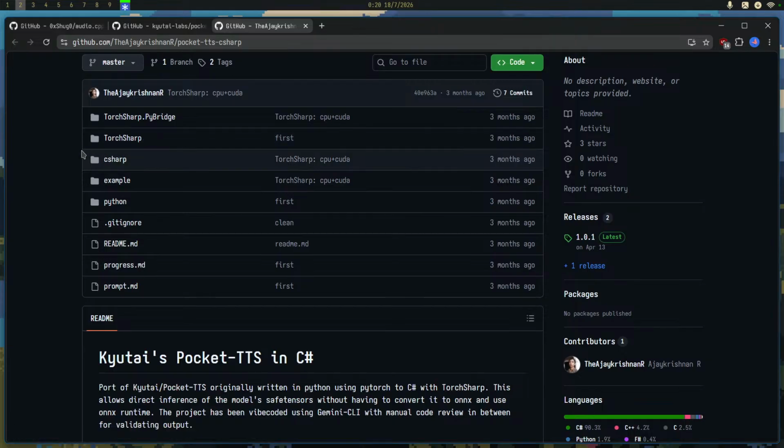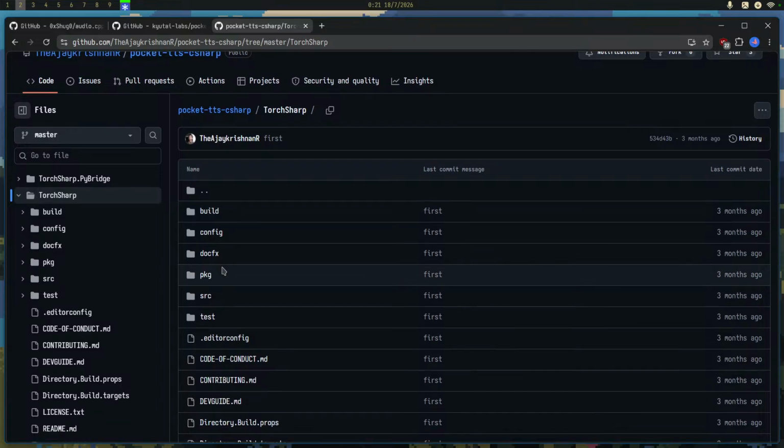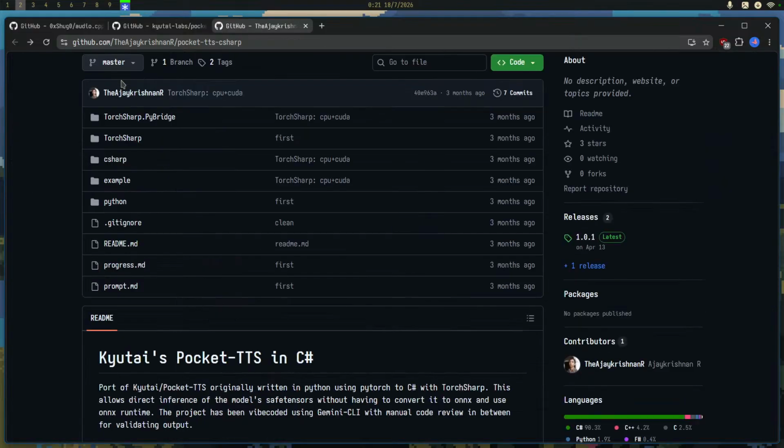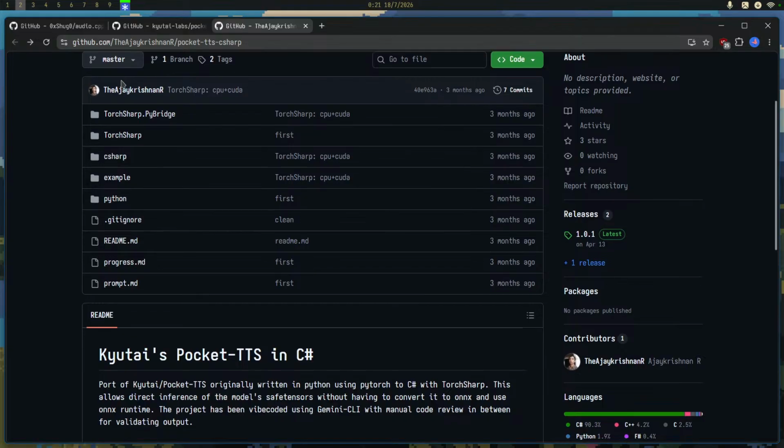But I didn't dwell into the code and try to debug it to make the quality better, because that's something I really don't want to do when the AI has done much of the core implementation. The AI implemented pretty much the entire encoder, decoder, and all the surrounding stuff required to make this work. Since I haven't touched that at all, I simply don't want to go in and modify AI-generated code.